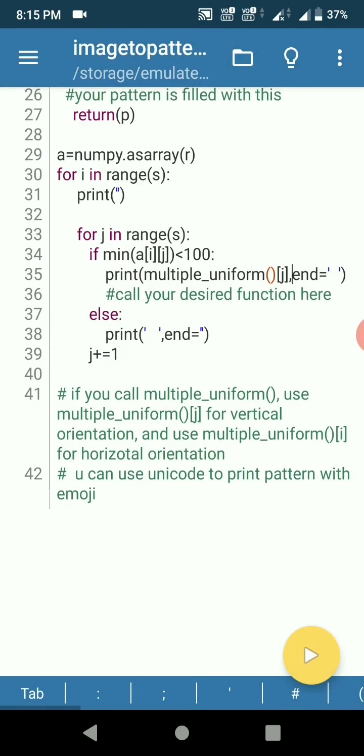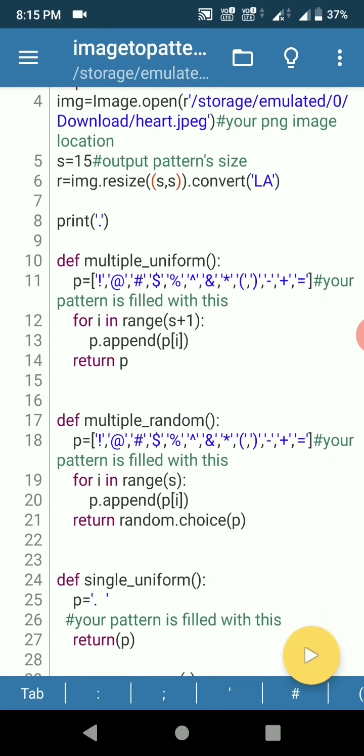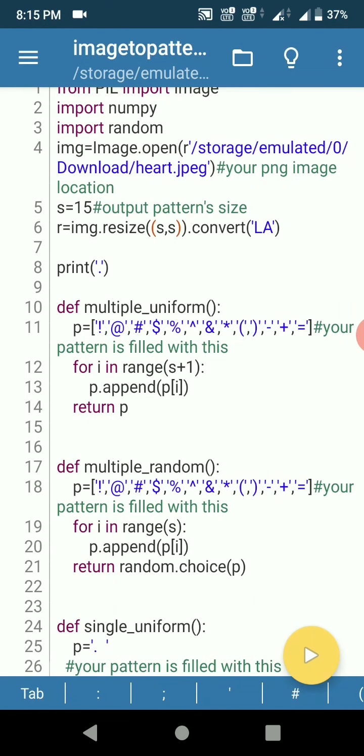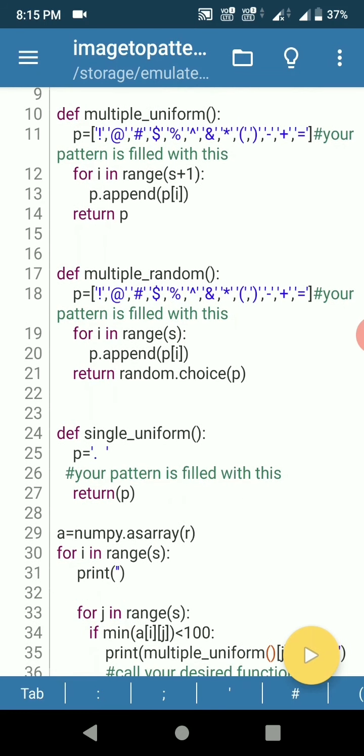That's all the features in multiple uniform. Here the symbols are in the list I mentioned here: P equal to exclamation, at, hashtag, like that. You can change them to anything: emoji, smiling emoji, a heart, or words like A B C D. You can change to anything but in a string, so that it will print that pattern.